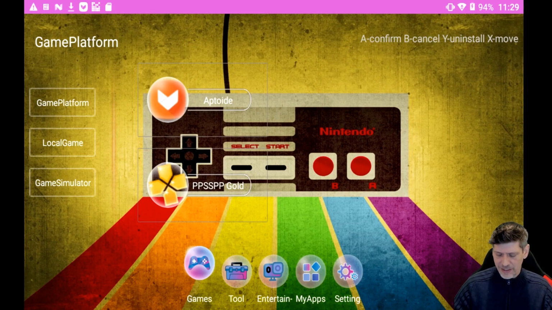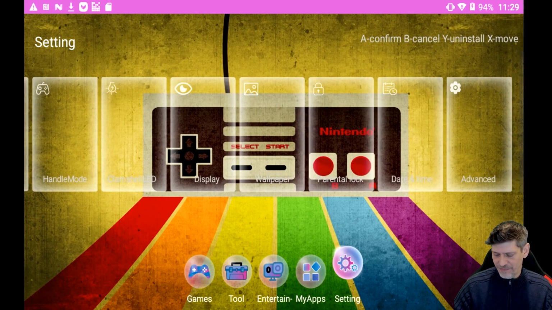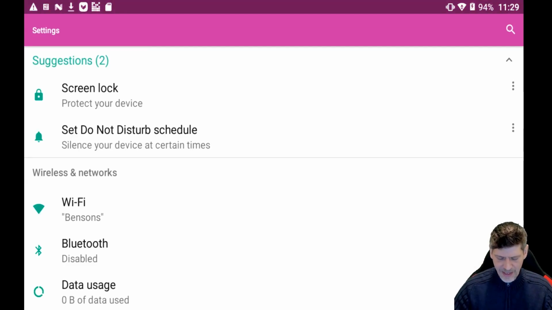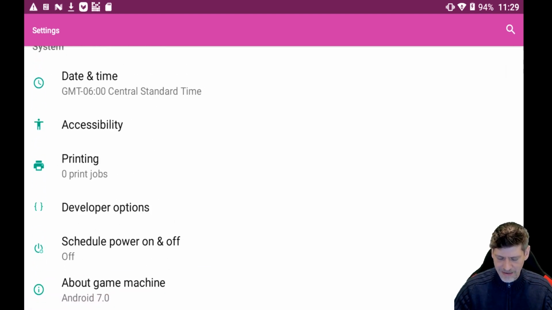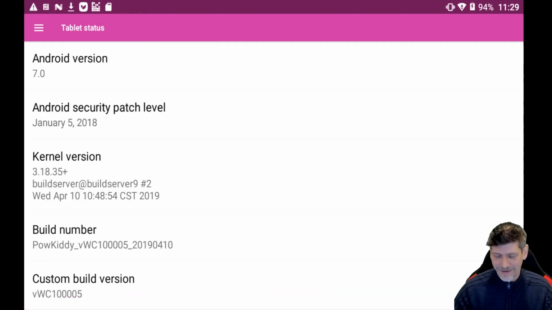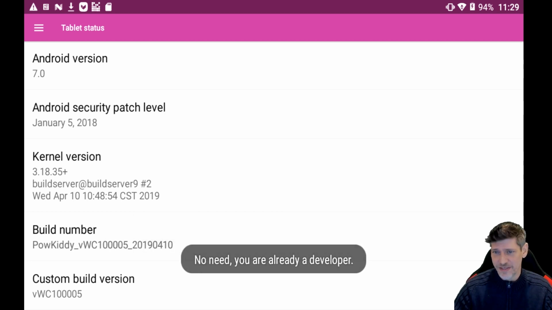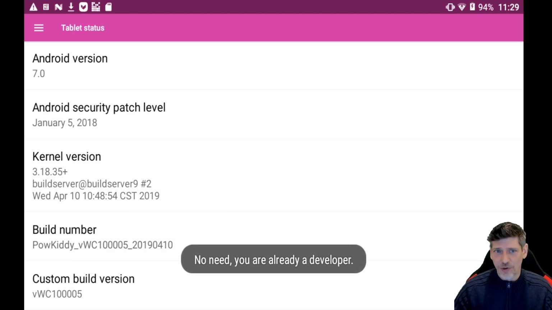All right, so settings bubble down at the bottom right. I'm going to scroll to the right, go into advanced. Then I am going to scroll to the bottom of this to about game machine. Then I'm going to scroll to the bottom of that. I'm going to hit build number several times. It will start a countdown. It's going to say something different from what you're seeing here. It will say like 3 taps till developer mode,